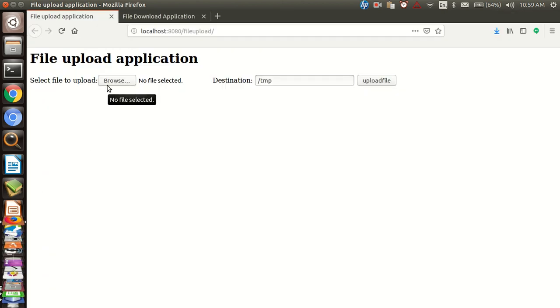So we will get two buttons, one to select a file to upload and one for where the file gets stored. So this is basically a file upload application where a user can upload a file from its own location, and here we can store it in another location, that is the file uploading concept.